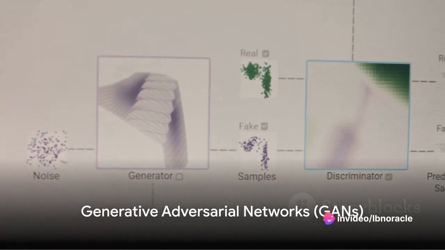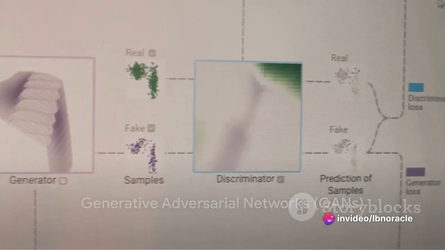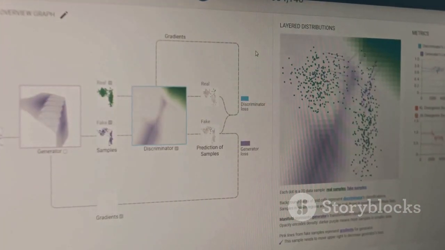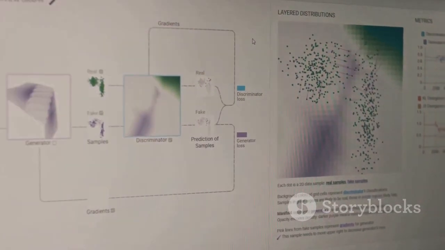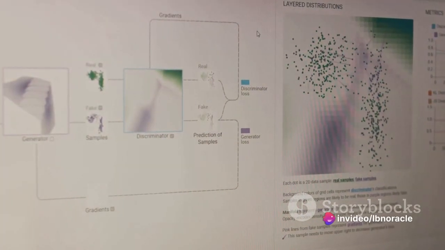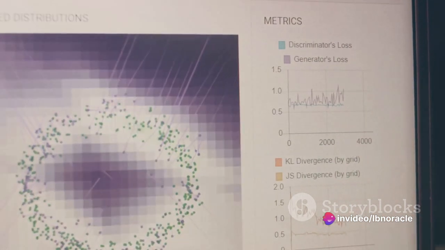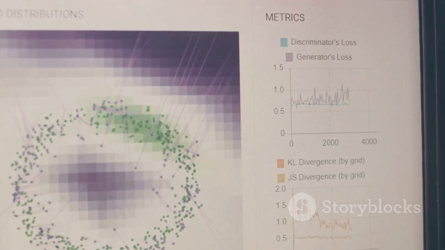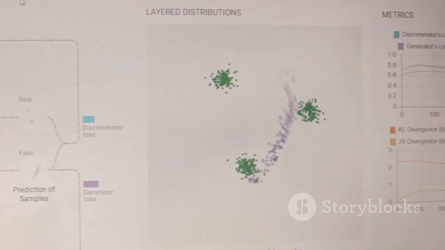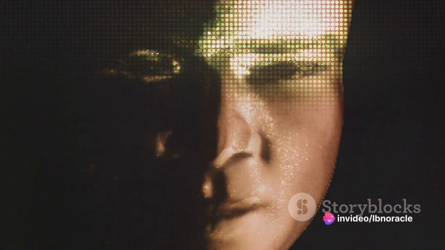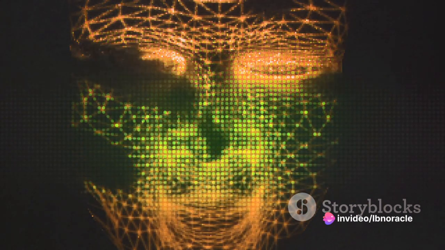First up, we have generative adversarial networks, or GANs. These innovative models consist of two parts, a generator and a discriminator. The generator creates new data instances, while the discriminator evaluates them for authenticity. In other words, it determines whether each instance of data belongs to the actual training set or not. This dynamic duo works in tandem to create realistic, novel data. A real-world application of GANs can be seen in the creation of deepfakes, where GANs generate eerily realistic images and